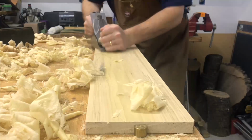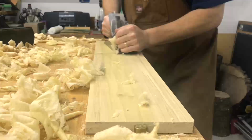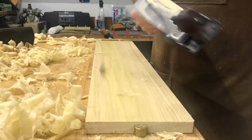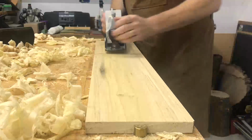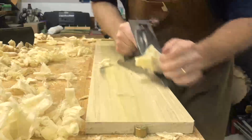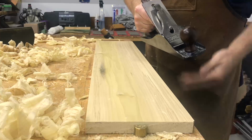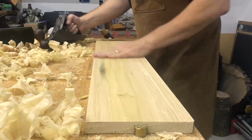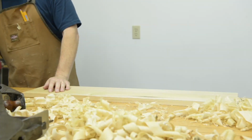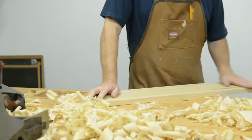So the smoothing plane will leave a finish ready or nearly finish ready surface. I like to tell people that I'll take severed fibers over a braided any day. I haven't used sandpaper since I started using planes and scrapers more than 2 decades ago. We'll put in a little extra work on the front end by hand processing versus using machinery, but it pays dividends on the back end. No drudgery of sanding,